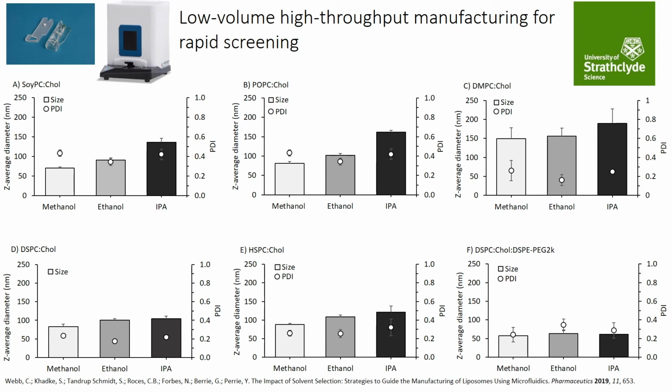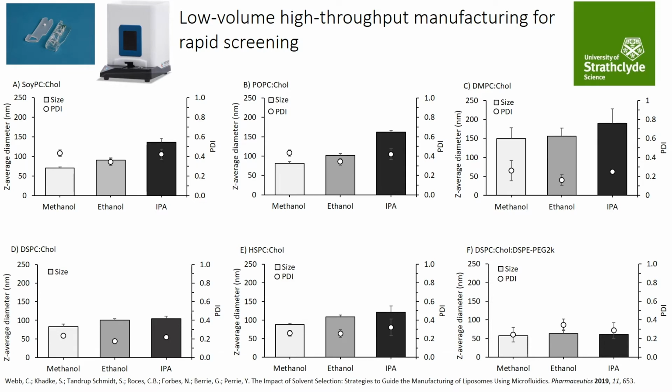So in order to test this, a rapid screening study was conducted where we used a range of different liposome formulations with a combination of phosphatidylcholine and cholesterol, and one with a PEG coating, which was formulated at a 3:1 flow rate ratio. From these early studies, it was found that the soy PC and the POPC liposomes had